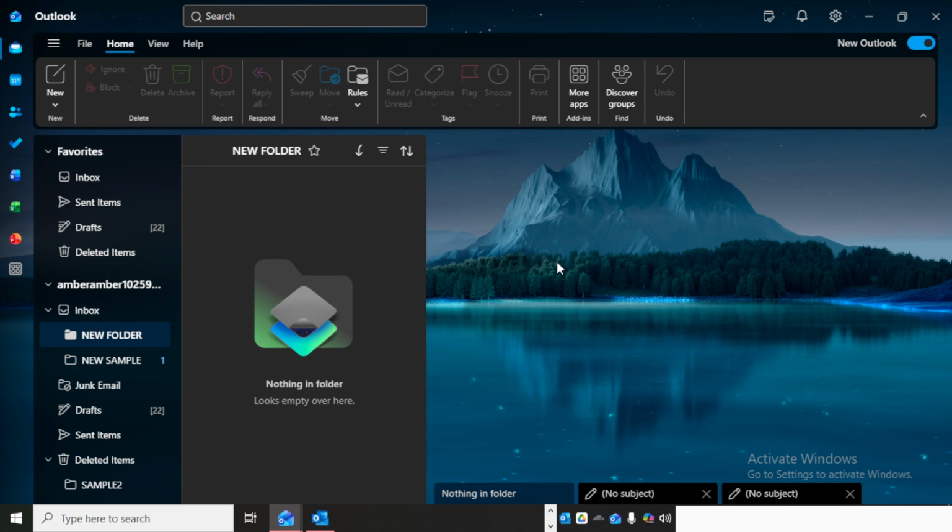Depending on your version of Outlook, you may see additional display options that affect layout or interface styling. The best approach is to test a few combinations and choose the setup that feels most comfortable and practical for your daily workflow. And that's how to customize Microsoft Outlook. Once you've adjusted the appearance settings to your liking, Outlook will feel a bit more tailored to you, which can make everyday email management smoother and more enjoyable.